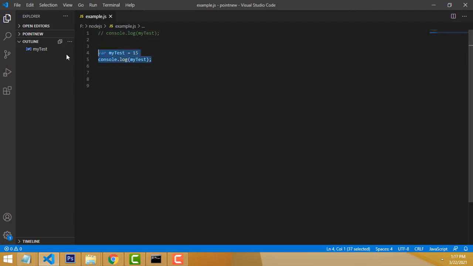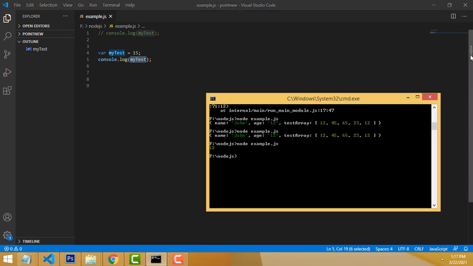I already put this example in my previous video. The var myTest, this is a variable I have created here. Here I insert the value 5. I assign the value as 5. Now if you print it, 15 will be printed. Let me check here, 15 will be printed.